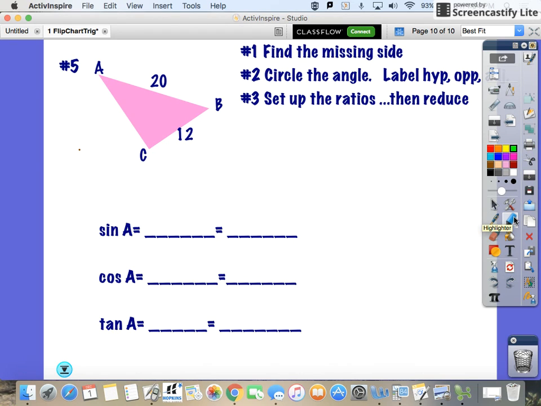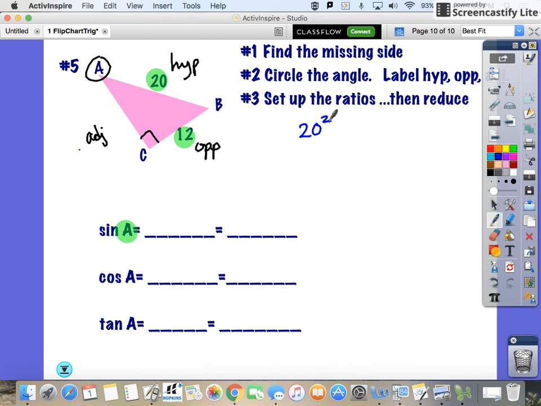Last one. I think this is the last one. This is A that we're looking at. So we're going to circle A. It means this is your opposite. Height, because this is a 90-degree angle, so this one's adjacent. I also recognize that this is a 3, 4, 5. But if you're not sure, you can do